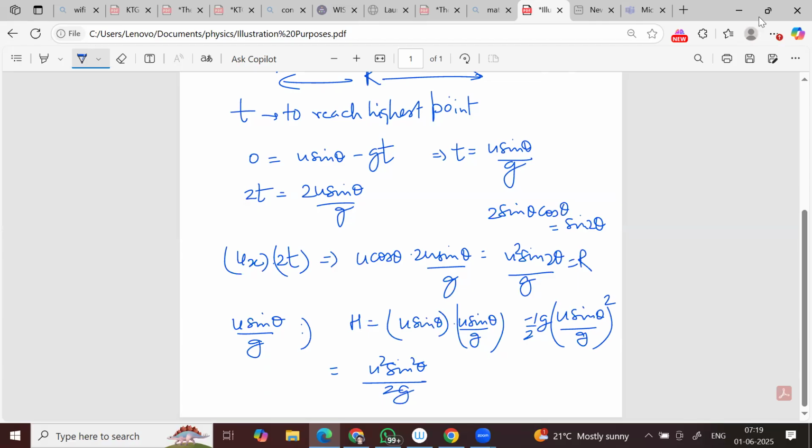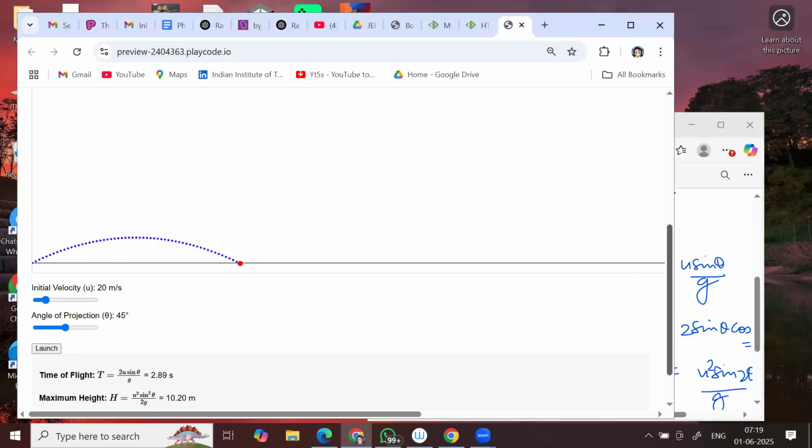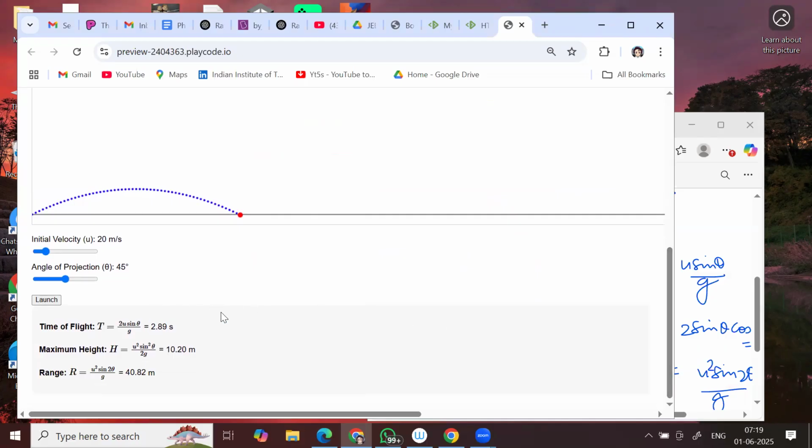Now let's have a look at simulating these things. We come to the simulation here, and I'll be sharing this in the description of the video. You can play and get an intuitive feeling for how projectile motion works. Let me try and change the initial velocity. Let's try and make it about 40 meters a second. And let me try and change the angle of projection to 30 degrees maybe. All right. So if I launch it here,